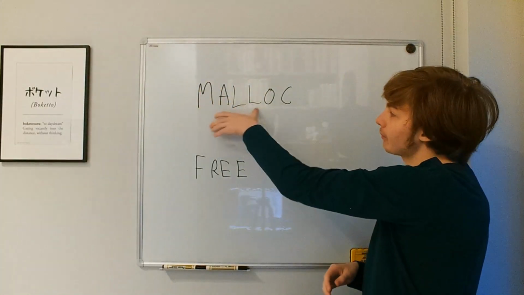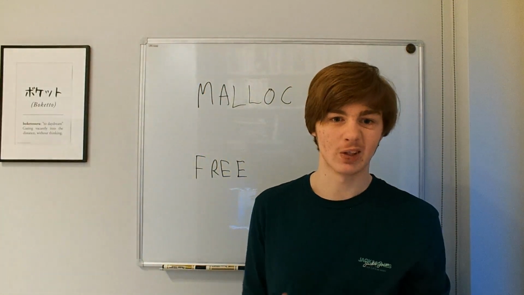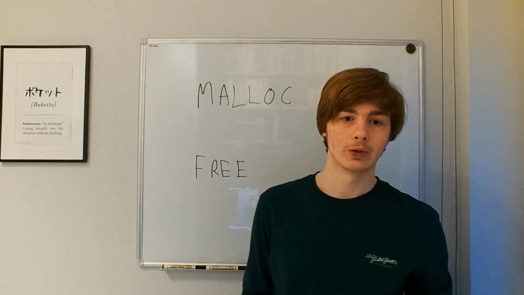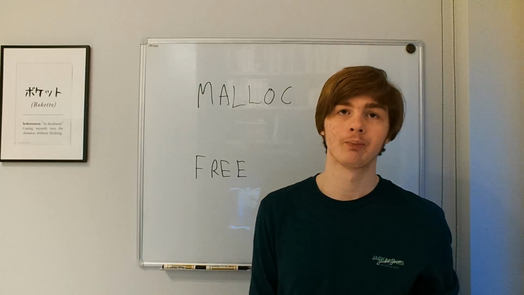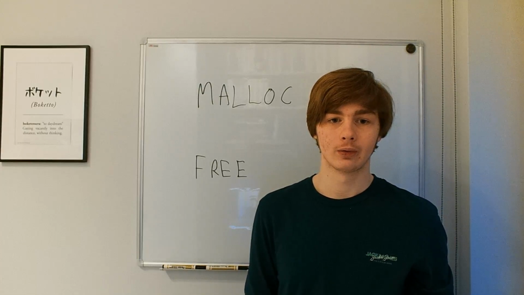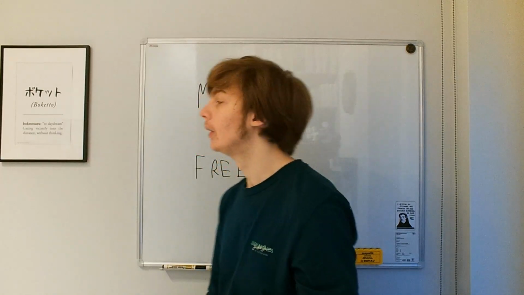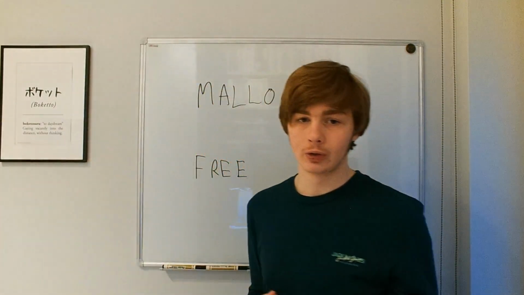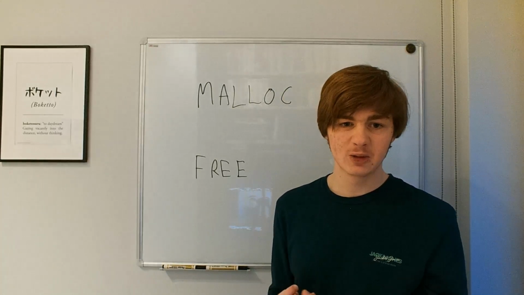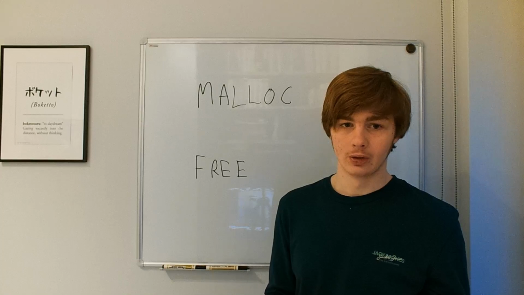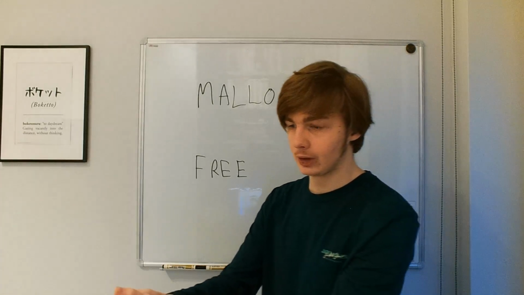So a malloc is going to take some sort of size, that size usually being in bytes, and it's going to request a chunk of memory of this size from the operating system. And what malloc is going to return is the base memory address of the allocated part